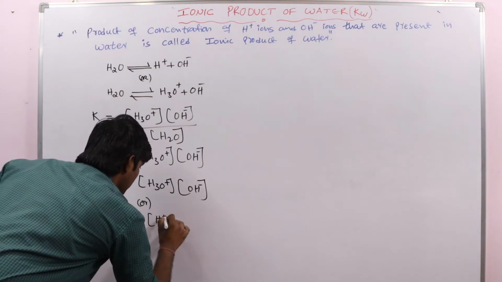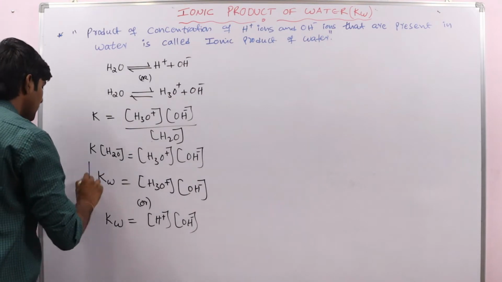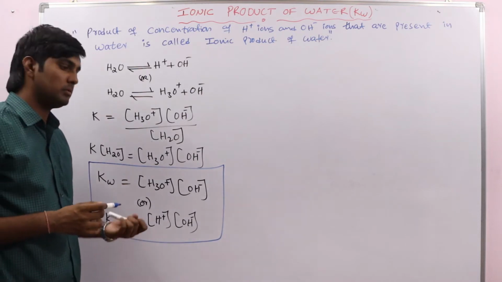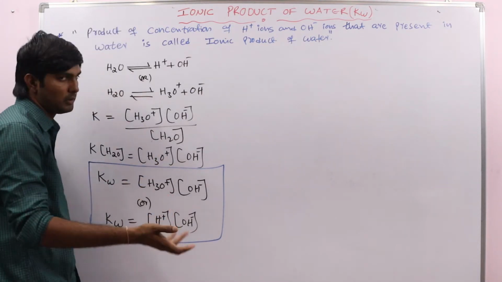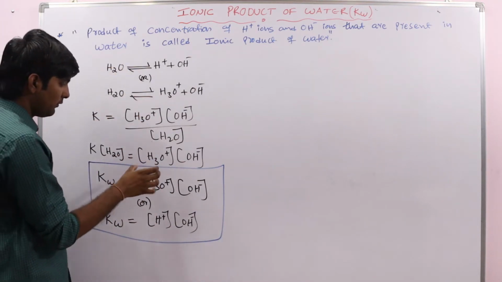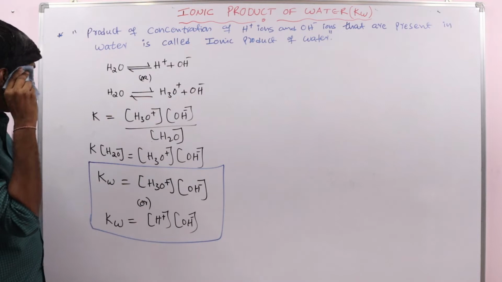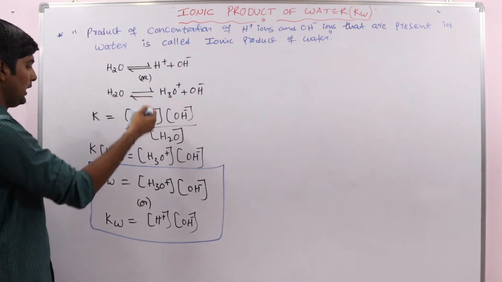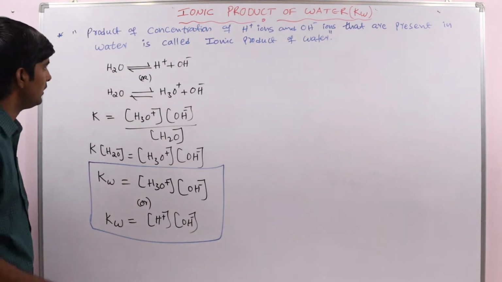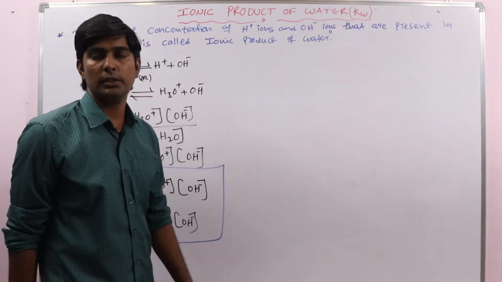or we can write the concentration of H plus into the concentration of OH minus also. So this is the Kw expression, the equilibrium constant for water. In many books they generally use this one and this one. No problem here. This is the Kw expression, the concentration of hydronium ion into OH minus ion, which is nothing but the concentration of the H plus ion only. How is the hydronium ion coming? When H plus is formed, it combines with water. So the H plus ion concentration is nothing but the hydronium ion concentration present in the solution.